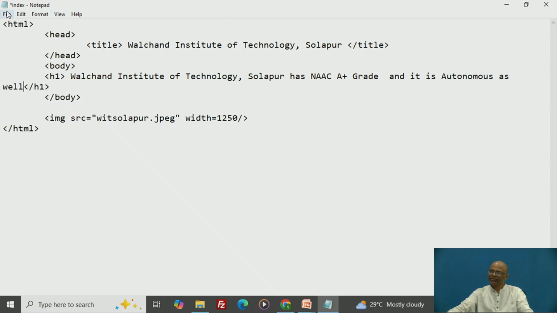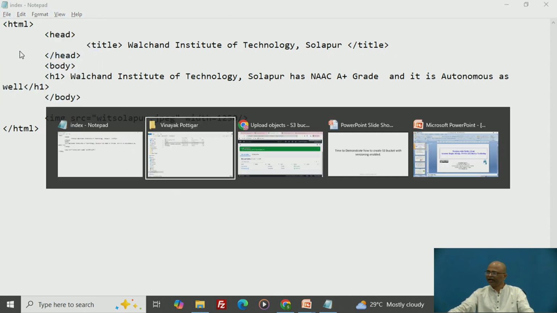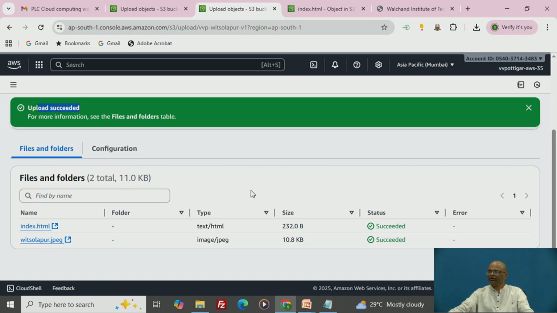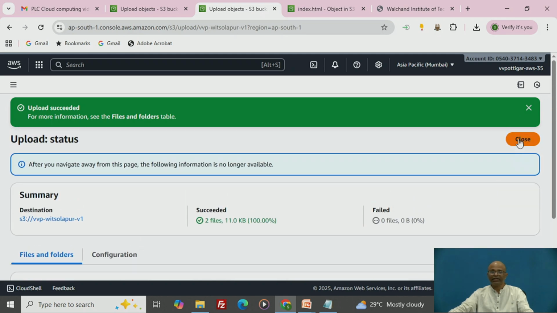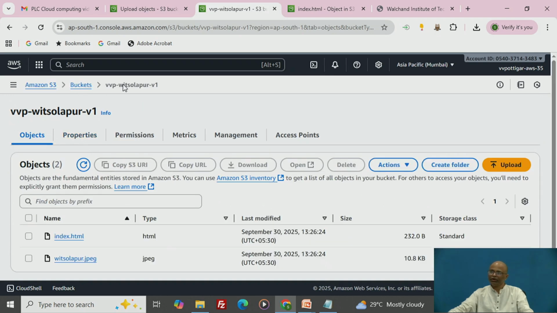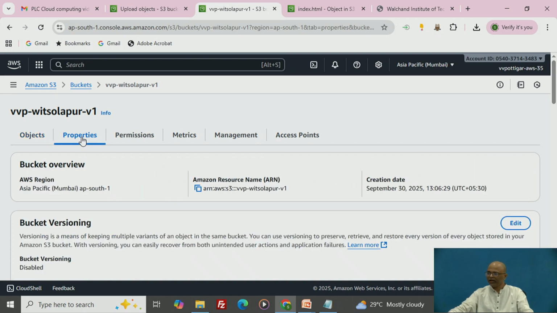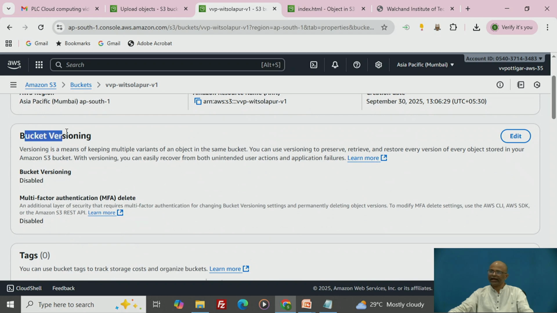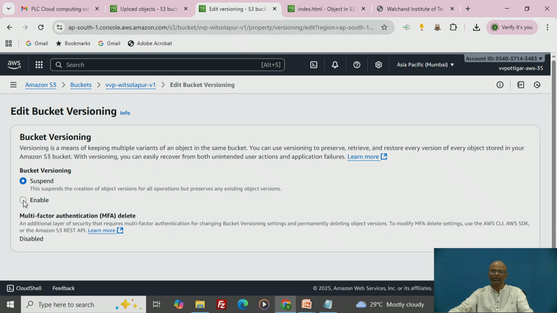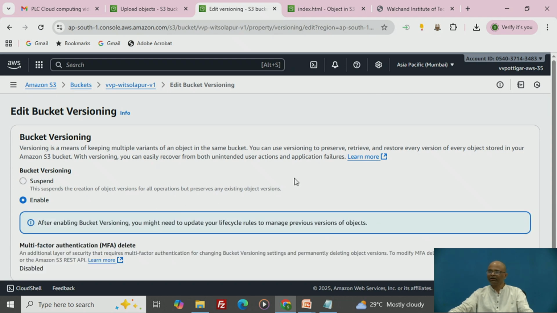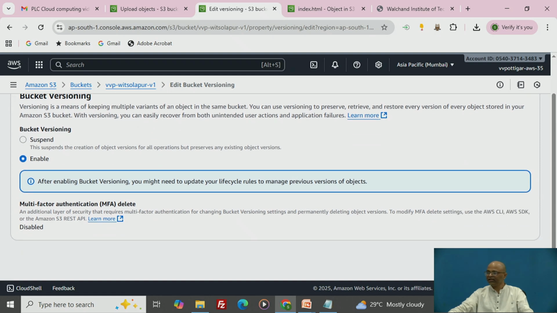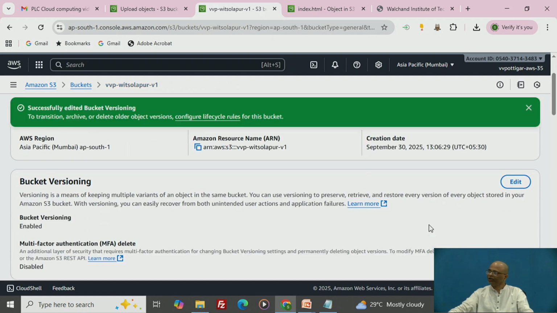I'll save this file and come back to the interface. Now, you see I don't have versioning enabled. To enable bucket versioning, go to the bucket and click the Properties option. In the properties there is a section called bucket versioning. If you edit this, it allows us to enable versioning for that bucket. Save the changes, and once it is done,